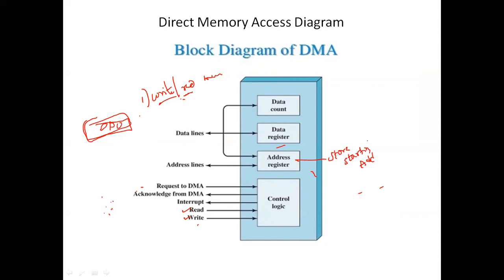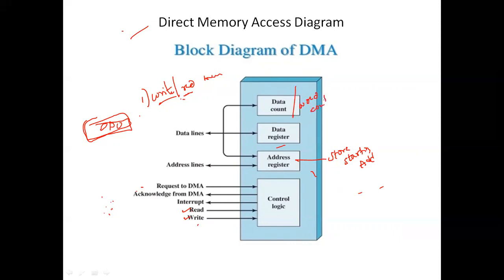Fine. That is the purpose of the address register: from where that block of memory has to be read, or where the block of memory has to be written. The DMA controller stores that in the address register. It is also called the starting address register, or normally we can call it an address register. Here the processor also sends the word count. So the word count we can also call a data count, data count or word count.